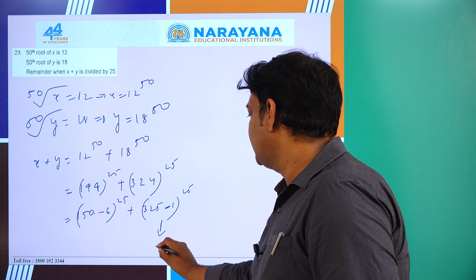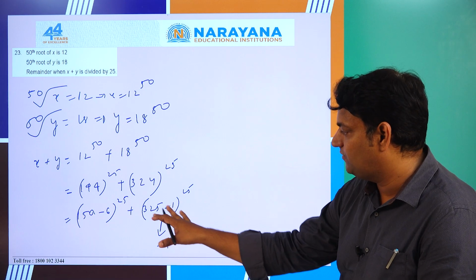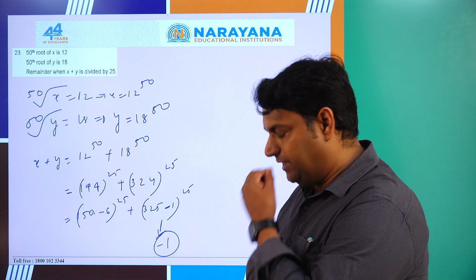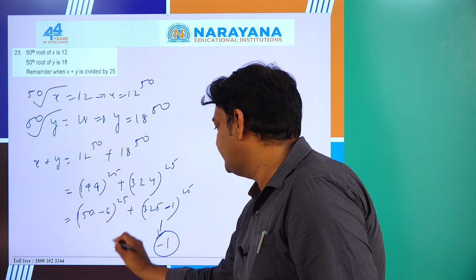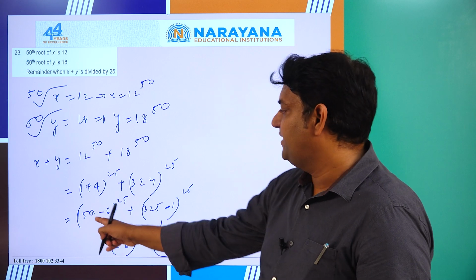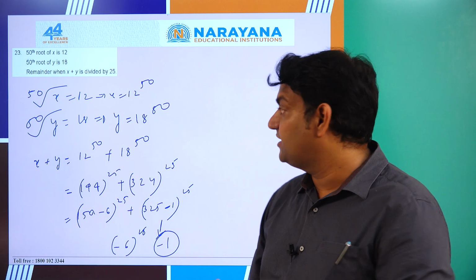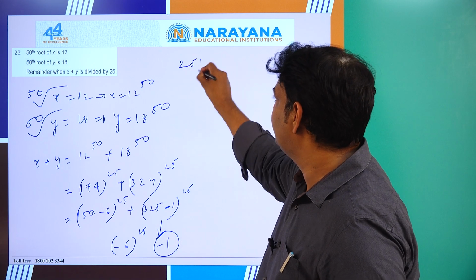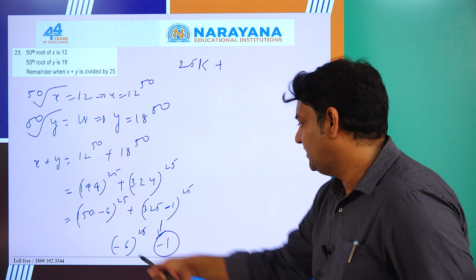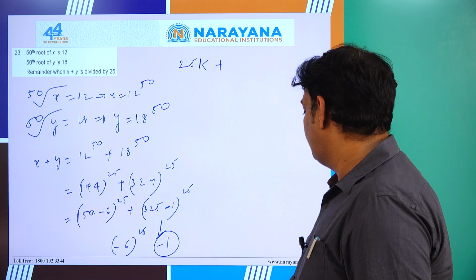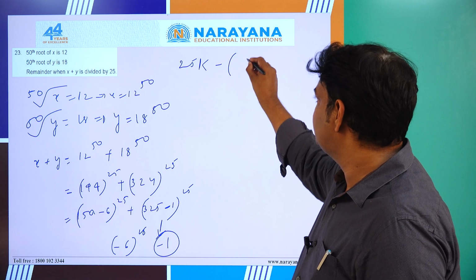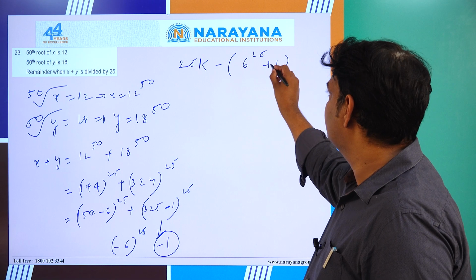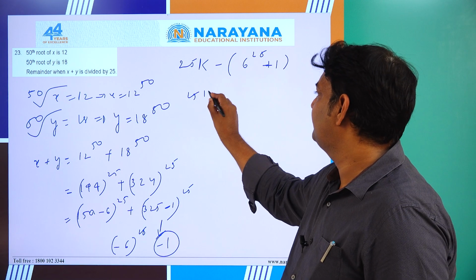No need to worry, here clearly when you do the binomial expansion, at last you will get here minus 1. Let us see here. Here what you will get? Minus 6 power 25. Check it once. Remaining all terms are multiple of 150, means multiple of 25. So everything else will be multiple of 25. It is something like 25k plus, minus, if you take common, you will get 6 power 25 plus 1, and again 25k